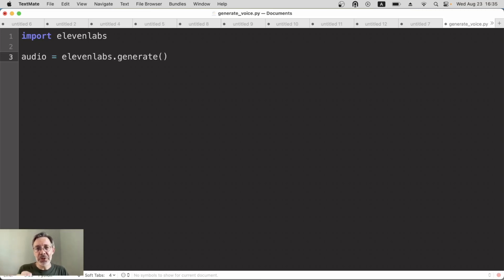Inside these brackets, the 2 arguments that we need are the text and which voice you want to use. I'm going to press enter just to make it look a bit cleaner. So what text shall we have? Let's have